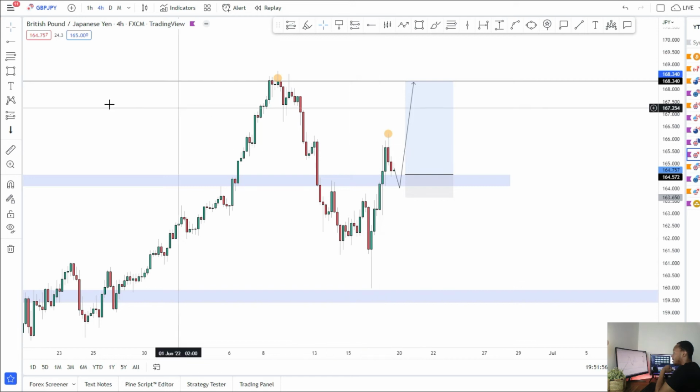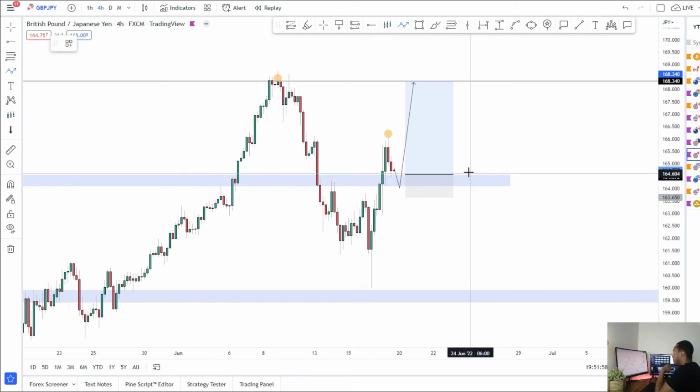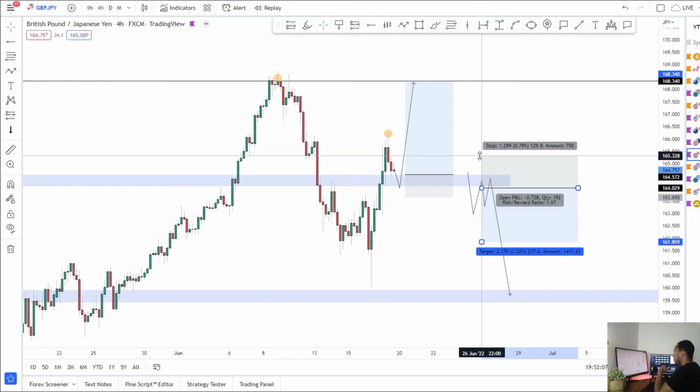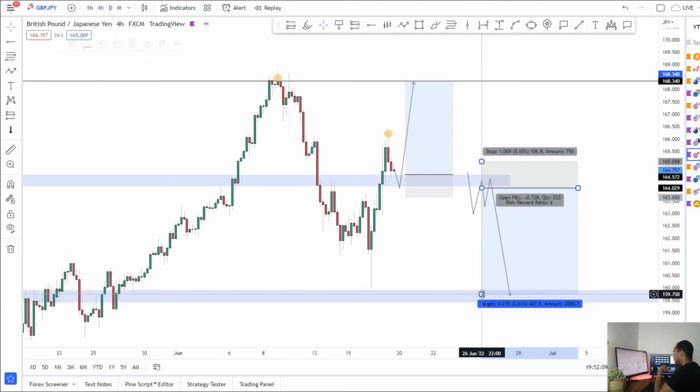168,340. If that is the lower high, then we should creep back below this level, use it as resistance. Possibly, obviously it doesn't have to, but that'd be great because we can play some trades off the back of that, and then shorts to go and fill that wick to the downside there and hit that key level of